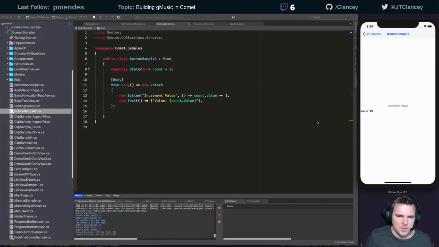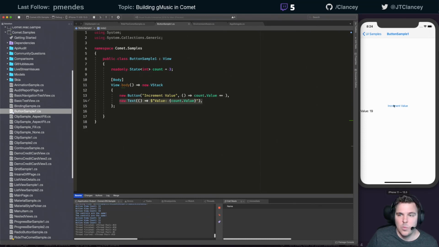And you don't have to stop and start your app to get to the state. And now all I'm doing here, you'll notice I'm not doing any data binding. I'm not doing anything too crazy or fancy. All I'm saying is, hey, I've got a button and I've got a count, and I increment that count, and then this text knows to update whenever that value changed because it was used there,